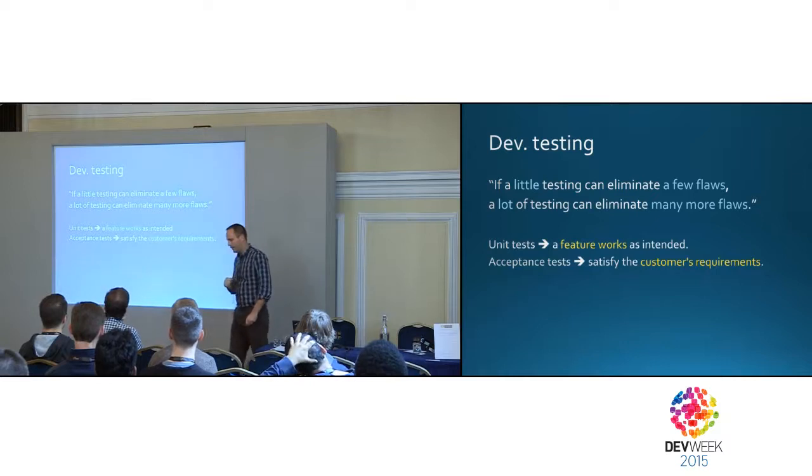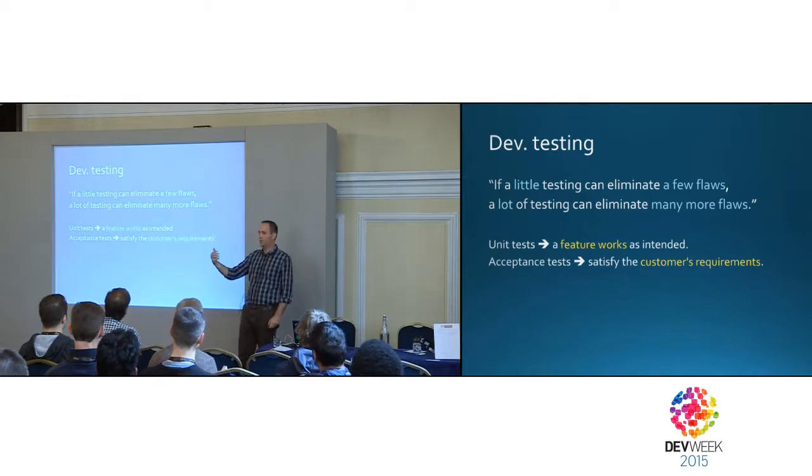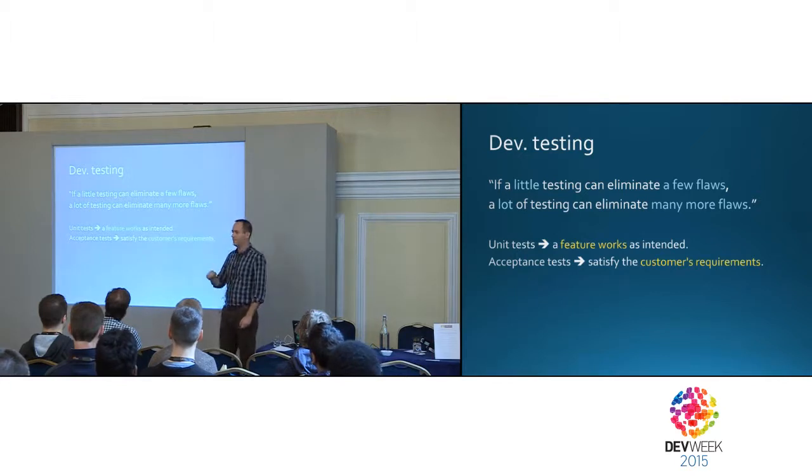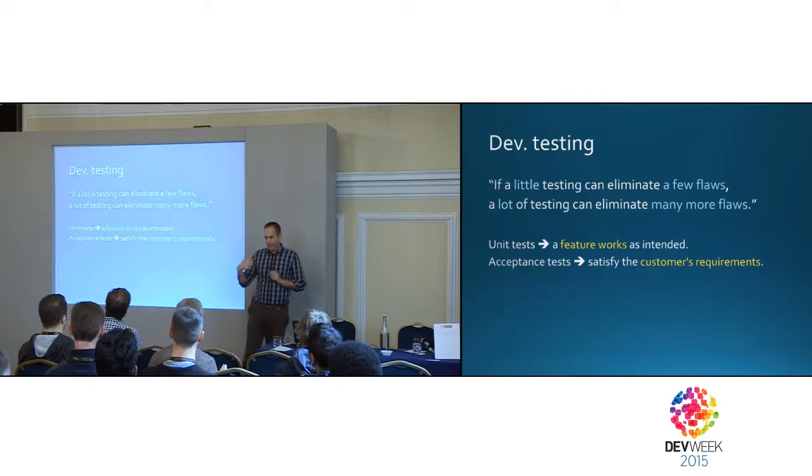And we're talking about two types of tests. Unit tests, which are for the developers to understand that the feature, the actual code I just wrote, works exactly as I intended. And acceptance tests are supposed to test the actual specification. Not much detail on those two in 1999, but the idea was there. And from there came the whole idea of unit testing.